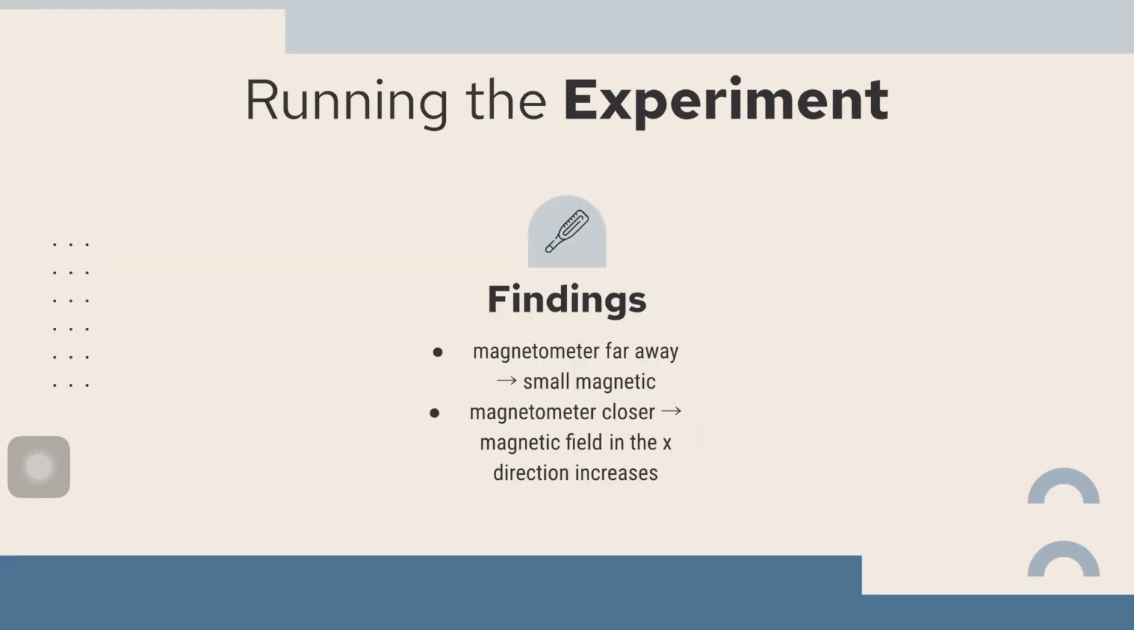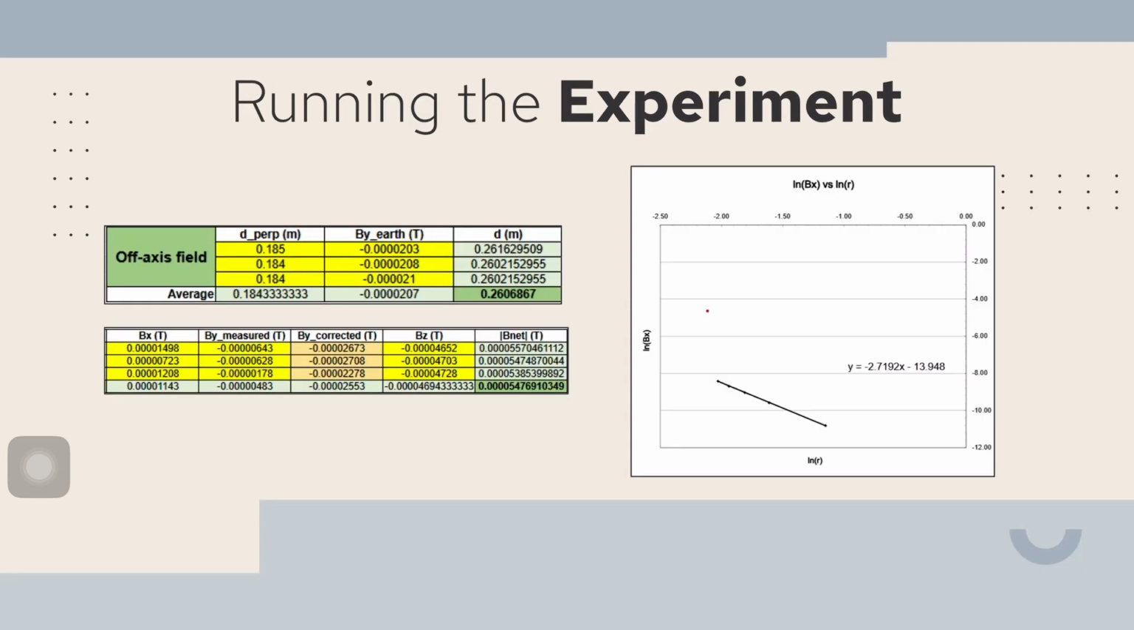And by doing this, we found that the magnetometer, the farther you got away, the smaller the magnetic field was. And when the magnetometer was closer to the magnet, the magnetic field in the x direction increased. So these were our final discoveries. So we found that the net average field was